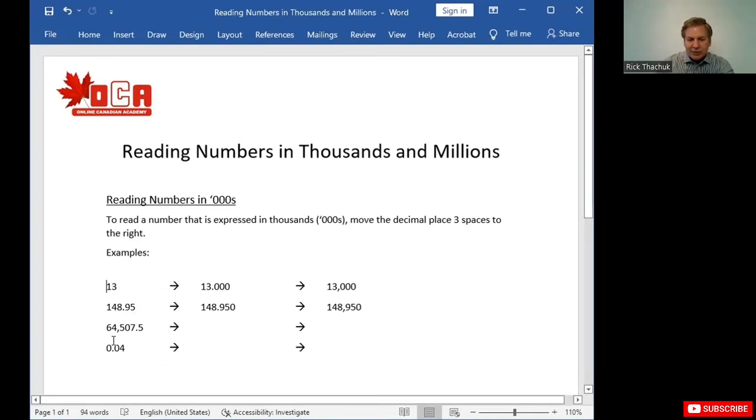Let's look at this number, 64,507.5 thousand. Remember, these numbers are all in thousands. This is my decimal. So to the right of this last digit, I will add some zeros. Let me add 2 zeros to that number. And that looks like this. So this is the same number, I just added some zeros to the end of it. But now this is my decimal, and I'm going to take that 3 places to the right. So that number becomes